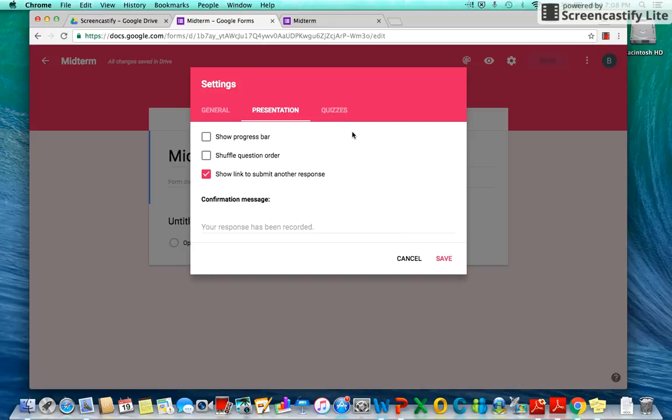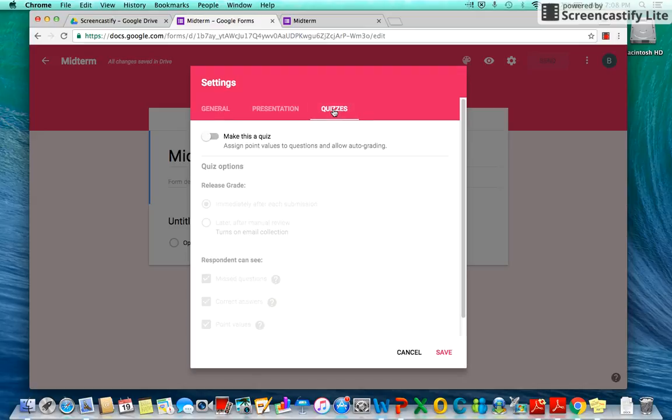Another option under the settings bar that pulled down is quizzes. And like I mentioned earlier, you can make this a survey, just a form, or again, you can make it a quiz, which is very nice, especially for all of us incoming teachers that will soon make our way to the field. And you can make a nice little quiz for the students. You can make it short, you can make it 20 questions, or you can make it really long if you wanted to do so. But the nice thing is you can hit this make a quiz button, and there's more